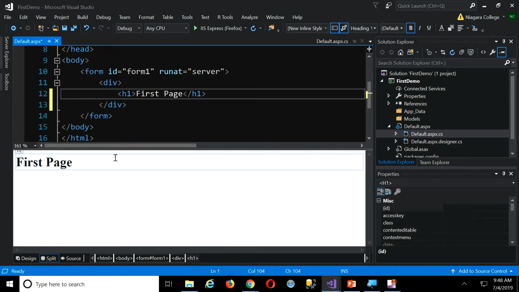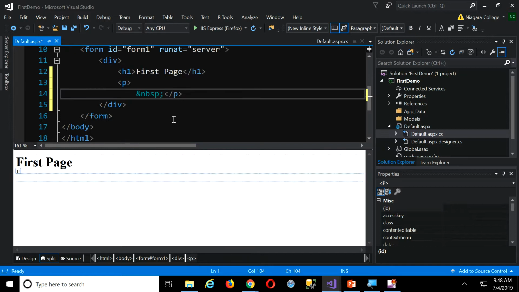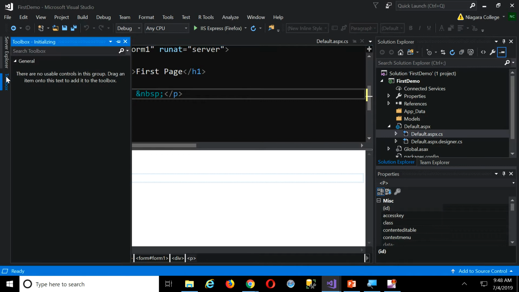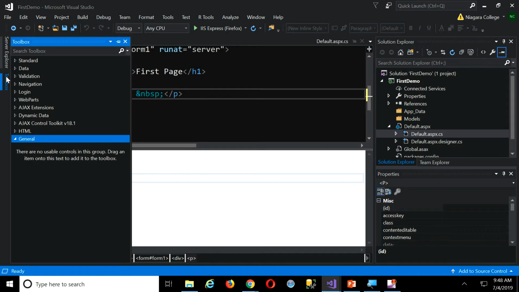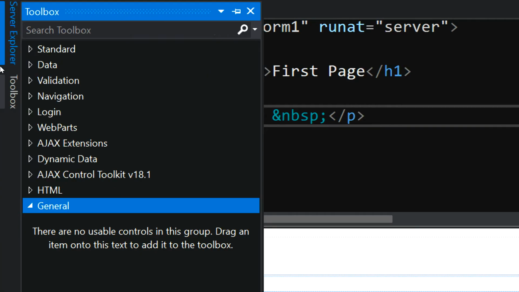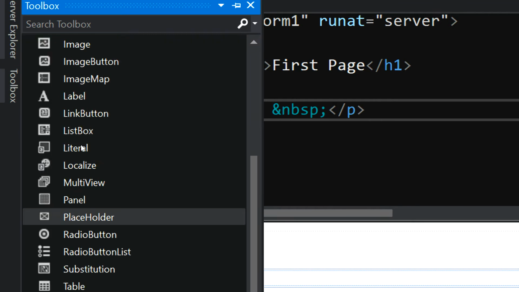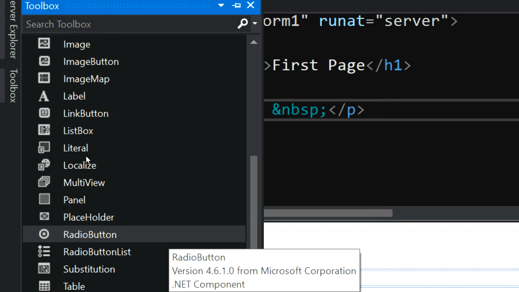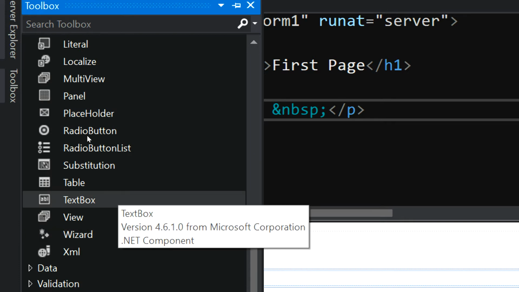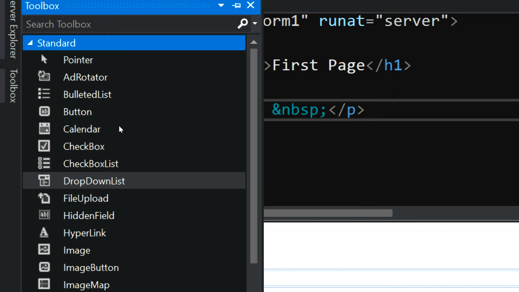Now I'm going to come here, I'll just press enter, right? And you see that we get some paragraph tags and so on. Now, of course, one of the advantages of the design tool is using the toolbox. So it takes a moment when I open it first because it has to load the appropriate options inside the toolbox, right? And so we see there's some organization here because there's an awful lot of tools. So there's standard, right? These are the most common ones, so it puts them together here for us. So things like radio buttons, radio button lists, text boxes, and so on and so forth, right? Further down,